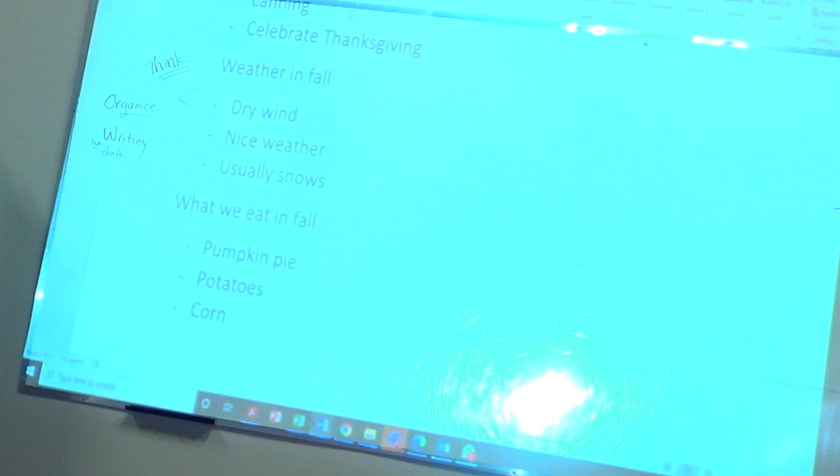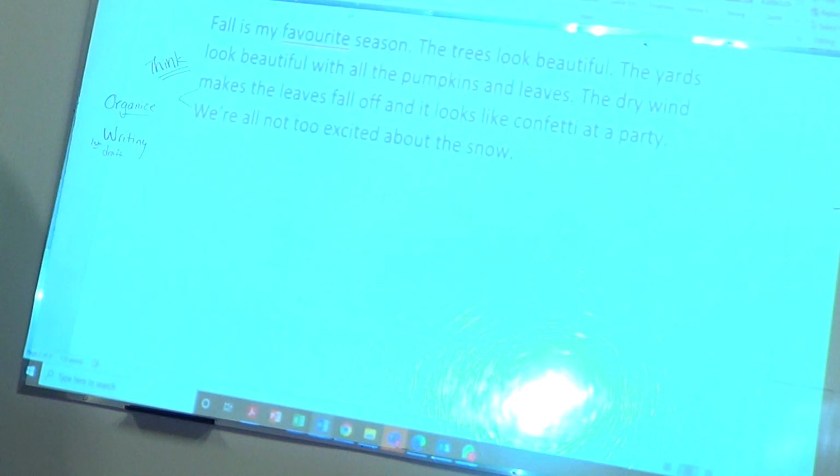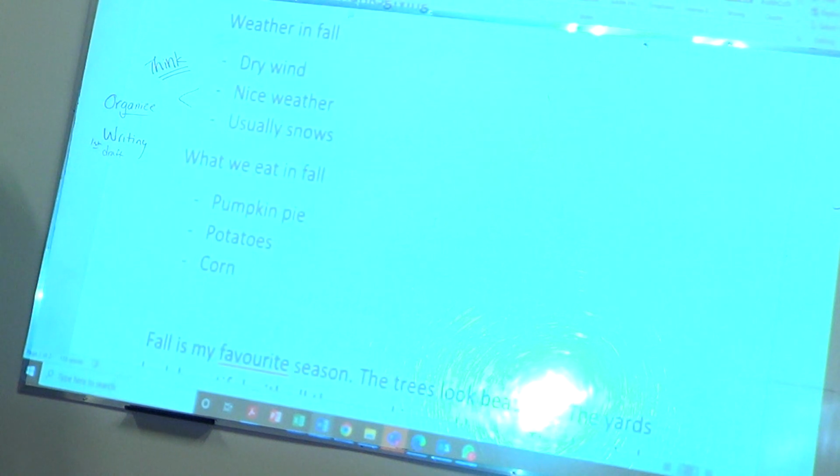We went to snow before harvest. We did, didn't we? Harvesting would be before snow. But do we need to have harvesting before snow if we let the reader know that now we're going to talk about some of the things we do? Good, you're right. Let's not think about it too much right now. Okay. We're going to think about that later. So, what do we do in fall?